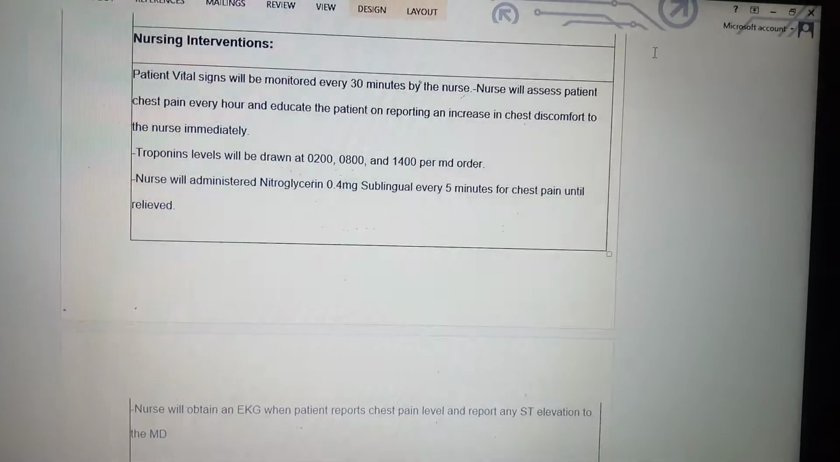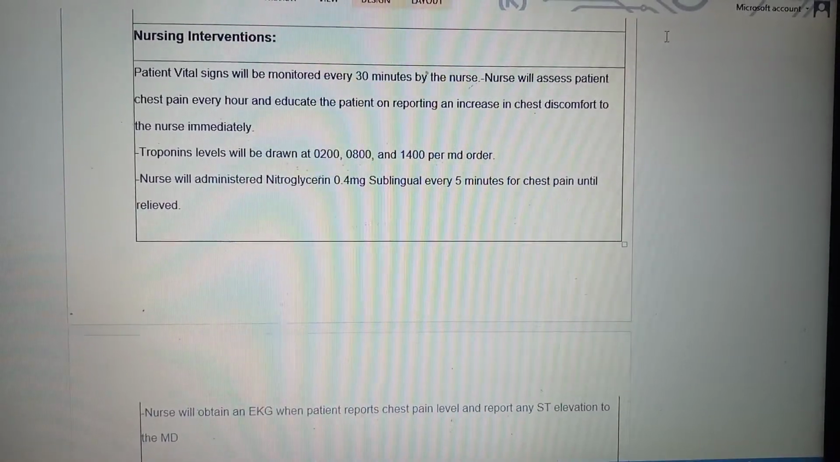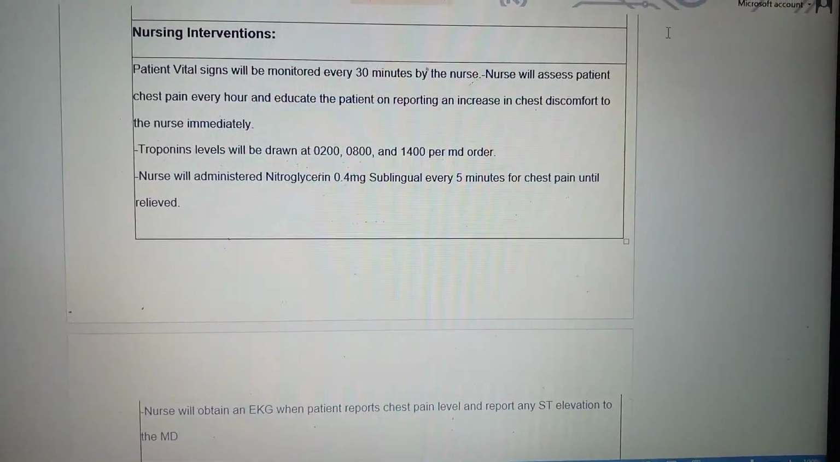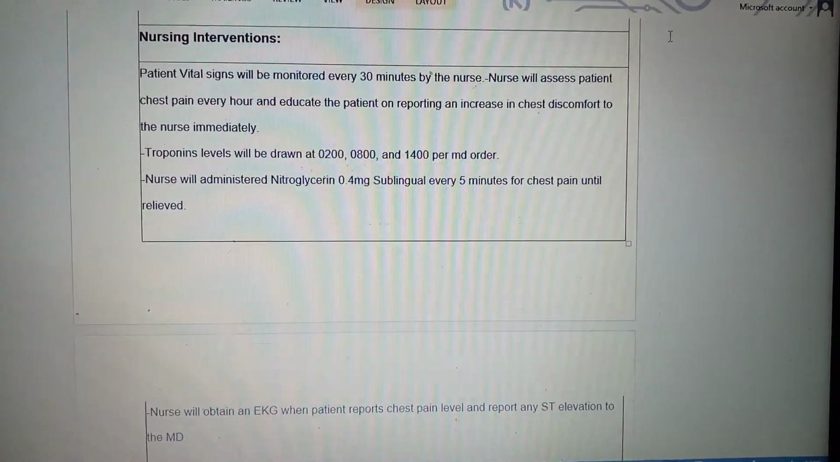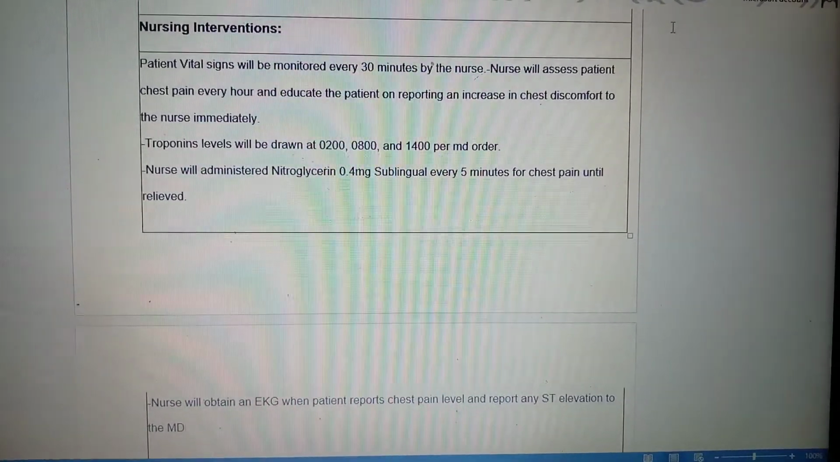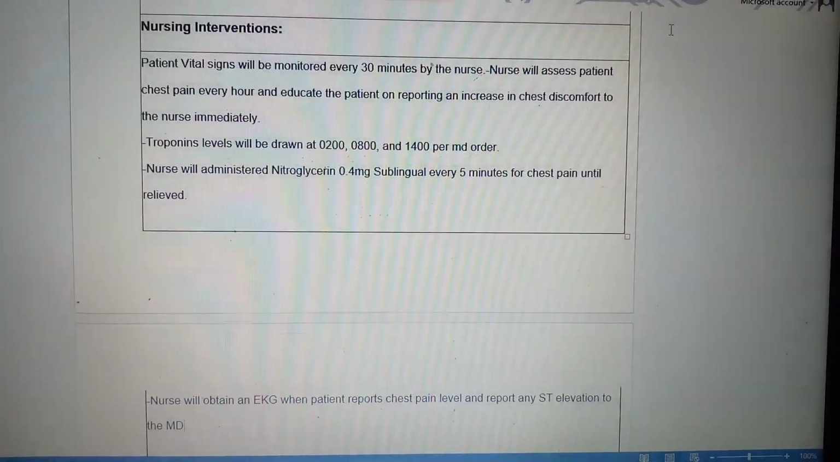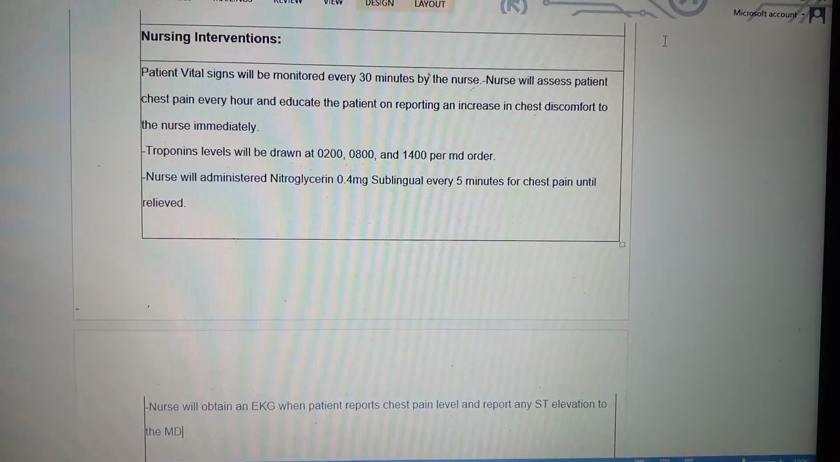The nursing interventions: the patient's vital signs will be monitored every 30 minutes by the nurse. The nurse will assess patient chest pain every hour and educate the patient on reporting an increase in chest discomfort to the nurse immediately. Troponin levels will be drawn at 0200, 0800, and 1400 per medical